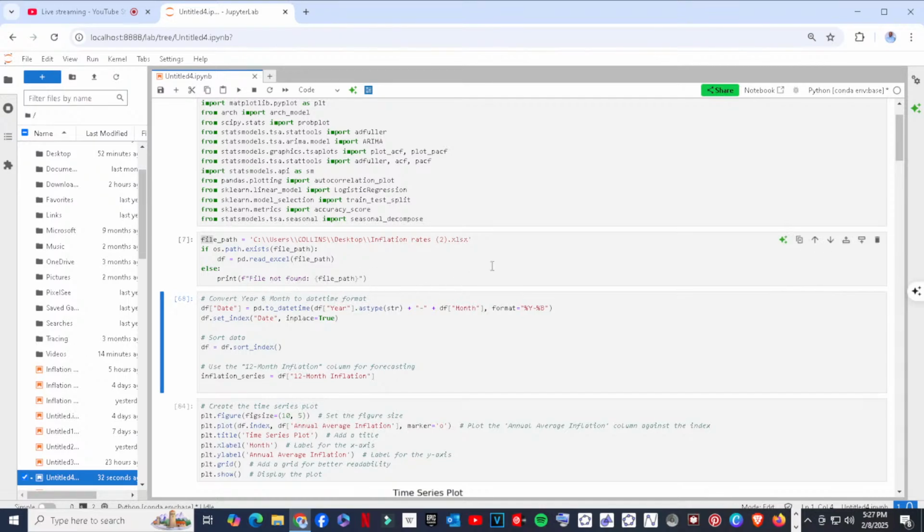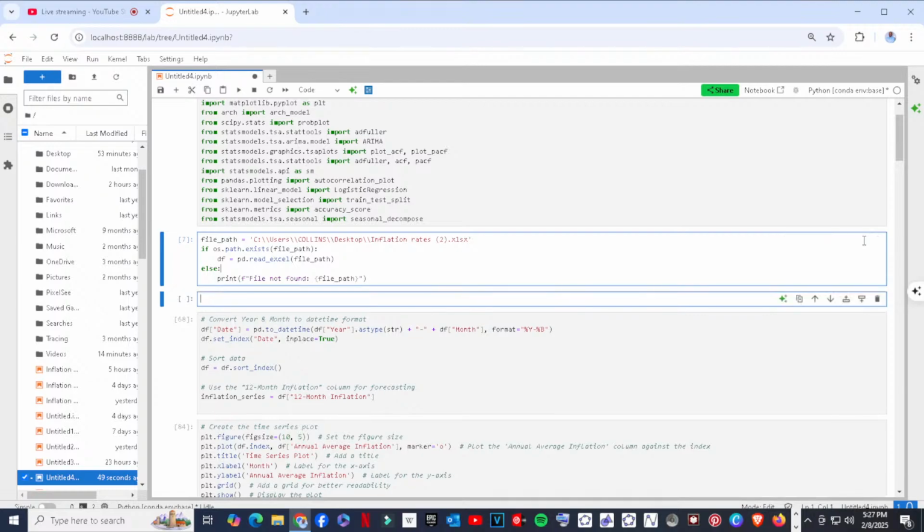But we can check if the data exists, and probably what I do is bring another cell like that, and I call for data frame dot info. I want to see if the data set is available.